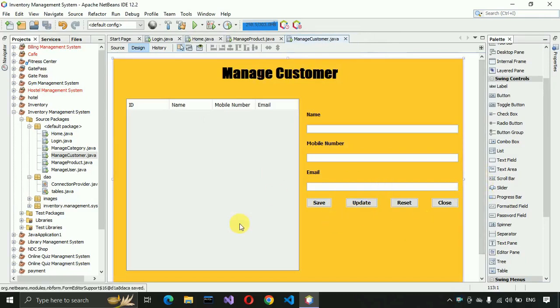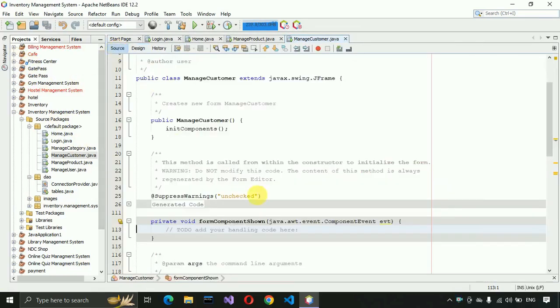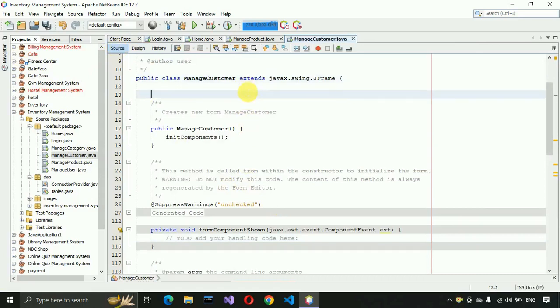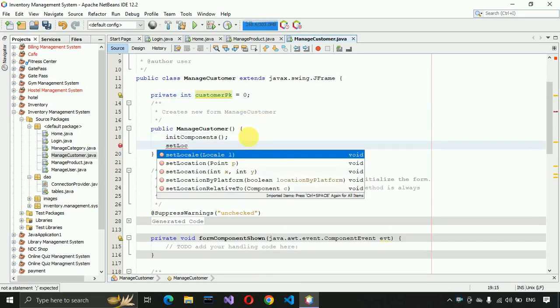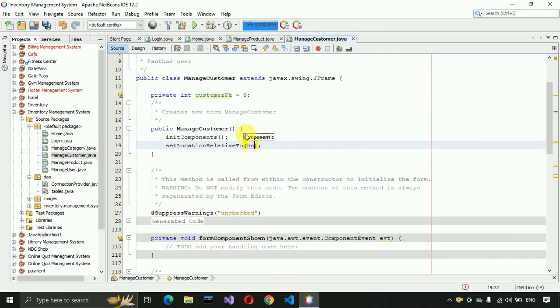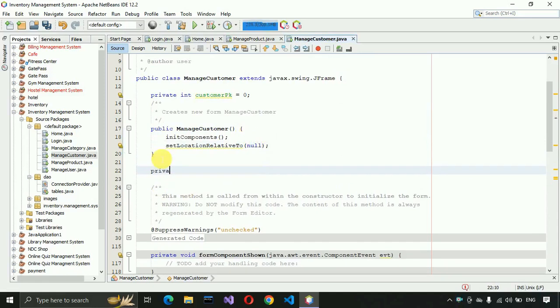And after that, here we need to go to the source of this file, and first we need to create a variable that we are going to use over here. So private int customerPk is equals to 0. Okay, and after that we are going to set the location, and here set location relative to null. And after that, here we have to write private boolean validate